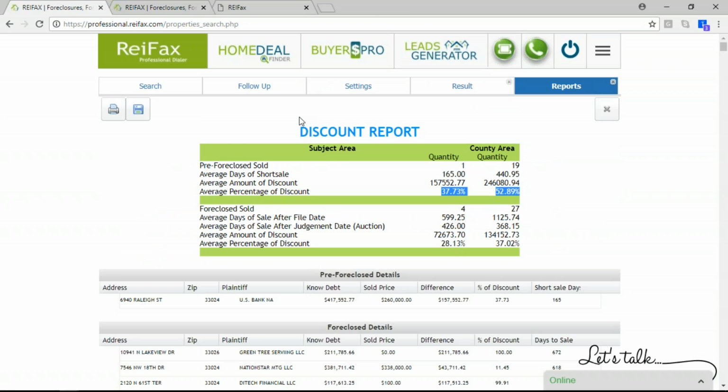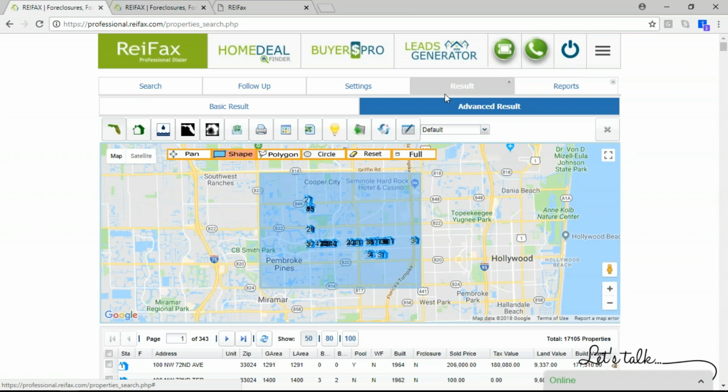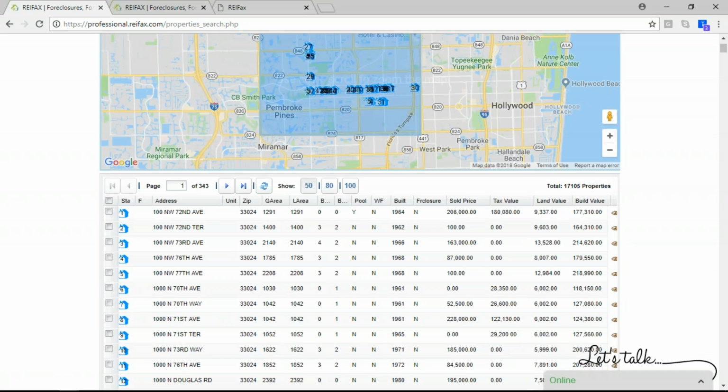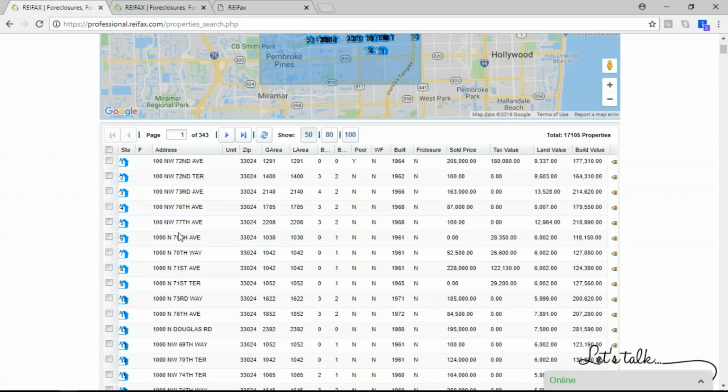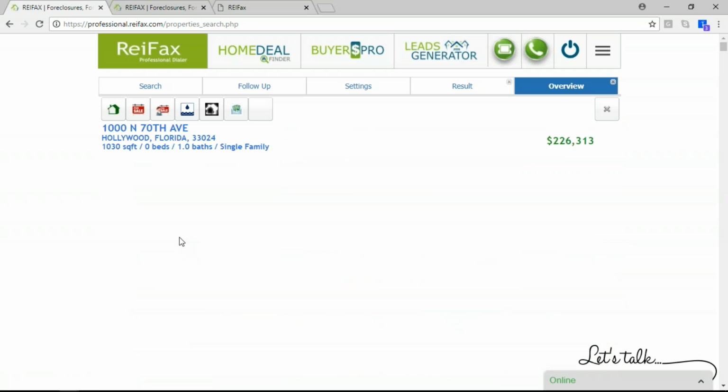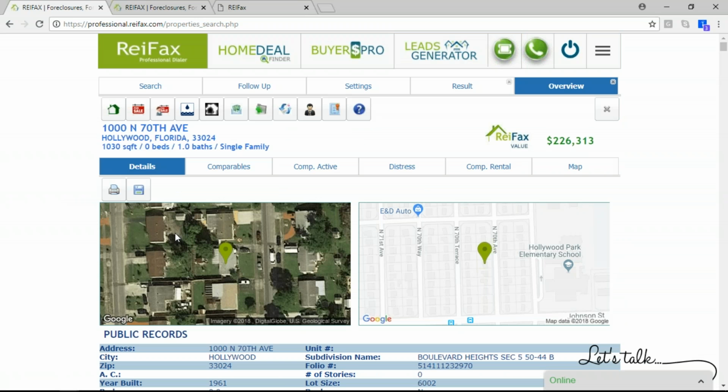Now, there are some other reports that you could do once you're within an overview of one of the properties. So if I come here and I just click on one of them, no matter, see, you have the little absorption rate here, you have the X-ray, you have the discount, but aside from that,